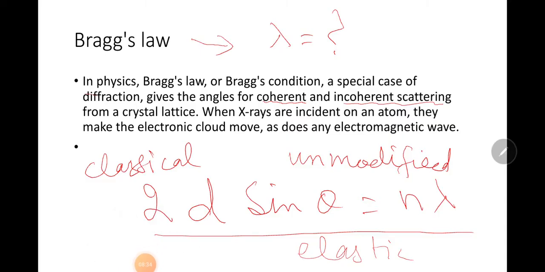Now the second term is incoherent scattering. Incoherent scattering is a type of scattering phenomenon in physics. The term is most commonly used when referring to the scattering of an electromagnetic wave by random fluctuation in a gas of particles, most often electrons.